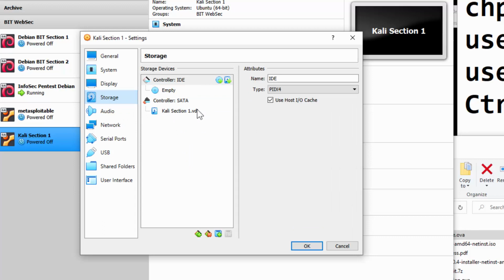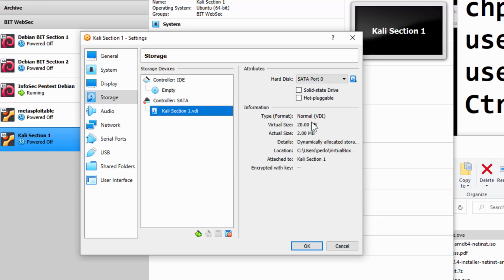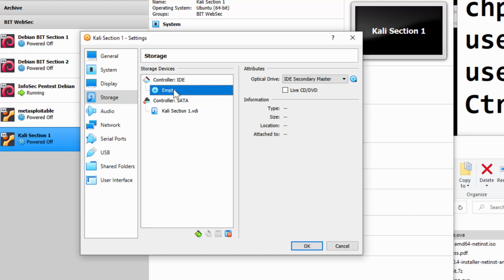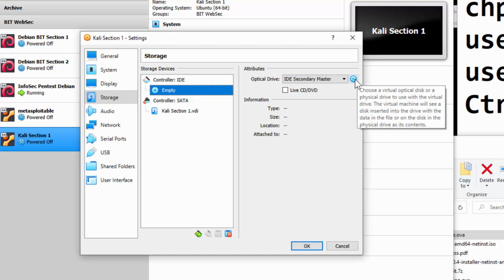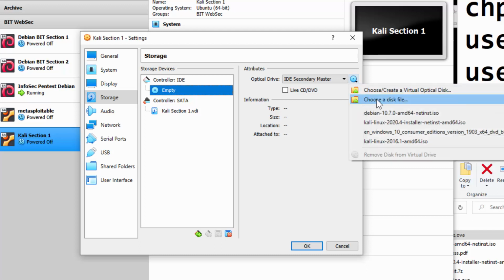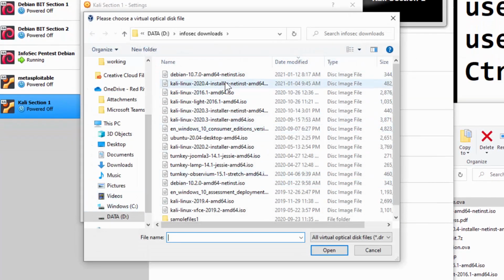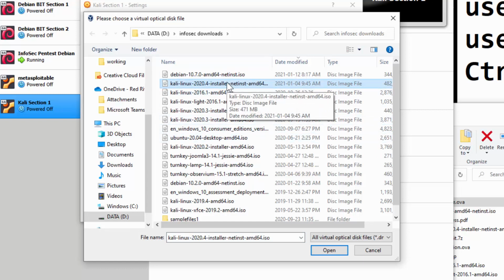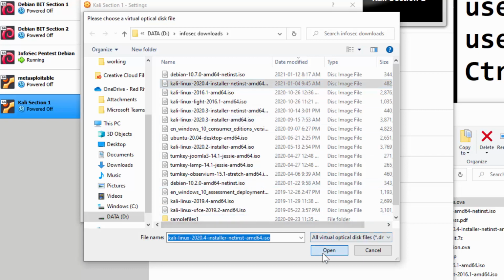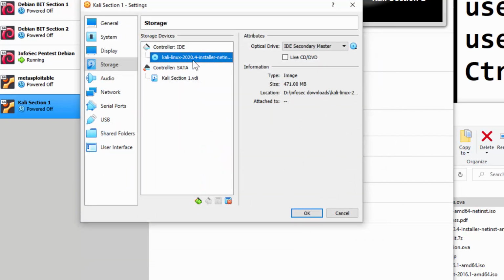Storage, we've got our 20 gig hard drive here, but our CD-ROM DVD drive is empty. So we click on the word empty on the drive, and right along the left side, we click on the little icon for our optical media, and then we choose a disk file. And then you go to wherever your downloads are, and you specify the Kali that you downloaded the last couple of days, and open. And you know you have it right when it says Kali Linux 2020.4 installer net install,